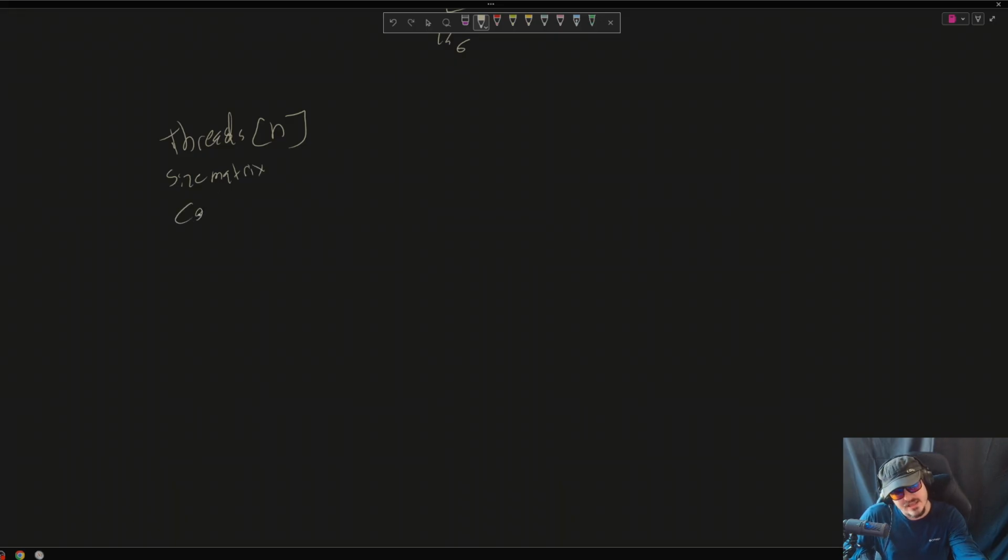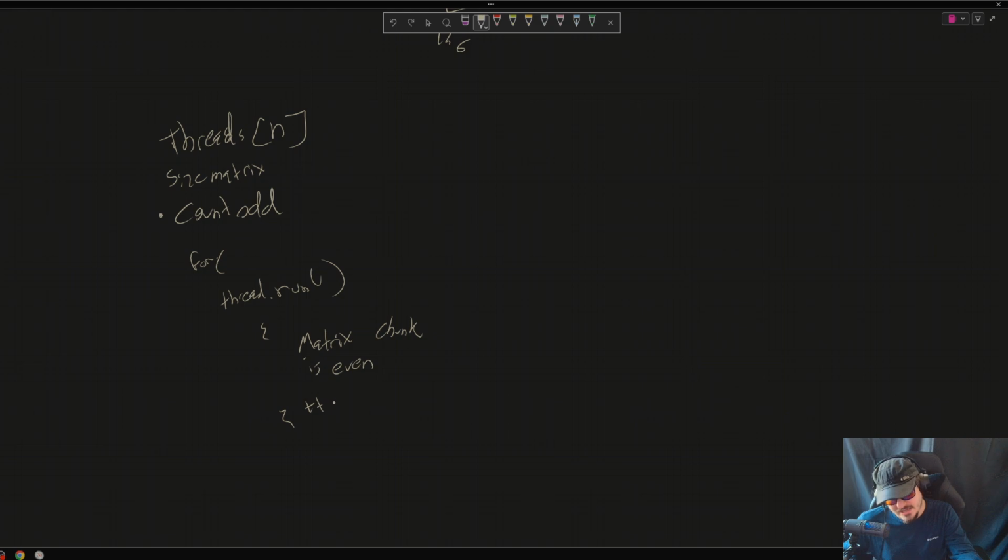And what I want to do is count the number of odd numbers in each slot in the matrix, right? So I have a counter, and so what I do is I say, for each thread, thread.run, and inside each thread, what it's doing is it's traversing its own section of the matrix. So it's like, I'm going to say matrix chunk, and it is going to do the is-even check, right? And it updates the count if it's odd. This is horrible pseudocode. Watch the talk. He can do it a lot better. Dr. Scott Meyers, brilliant guy. He's got a haircut that won't quit, but